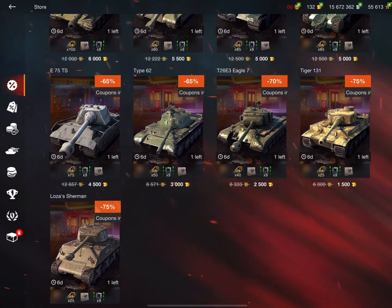It's an amazing tank in the hands of a good player. If you're a newbie player, then definitely stay away from the Type 62. T2063 Eagle 7 for 2.5k gold for a very strong tank and hold down position. I think that's very worth it, actually, because with the T2063 you cannot penetrate the tank at all in hold down